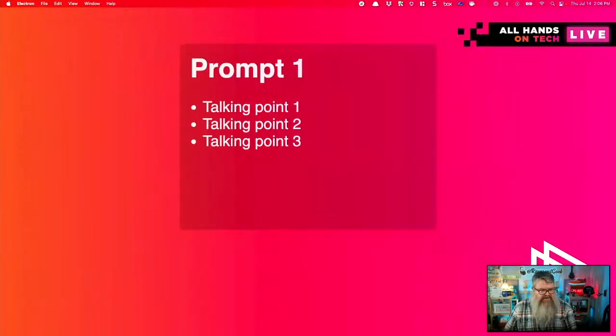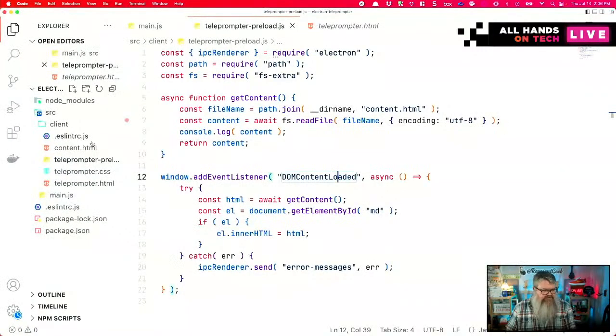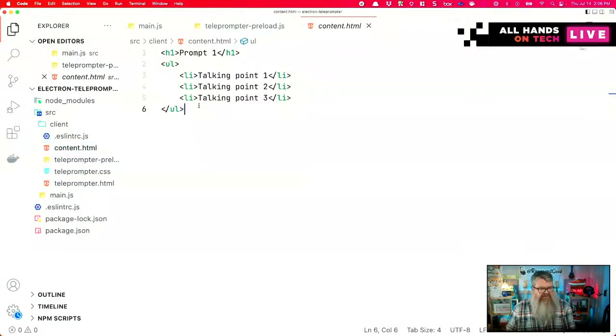So I will hide the other window so the contrast is a little bit higher for the stream. But you can see prompt 1, talking point 1, 2, and 3. And if we go look at the source code, that's exactly what we have inside our